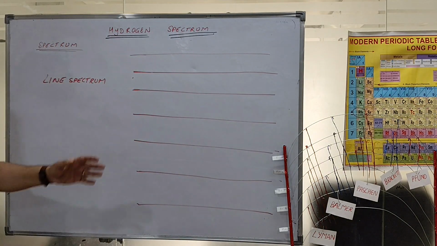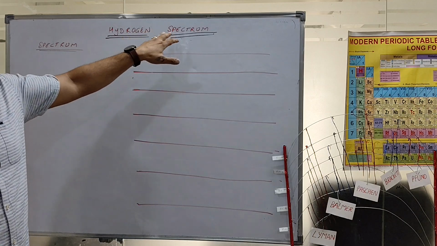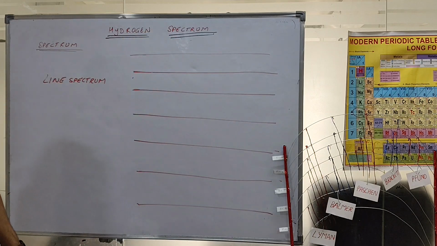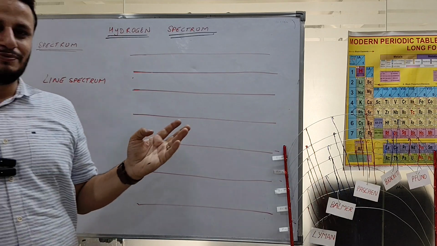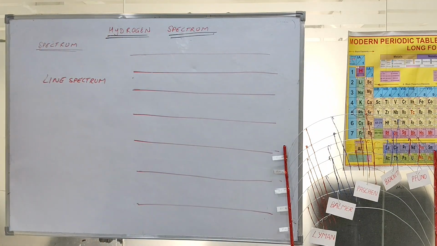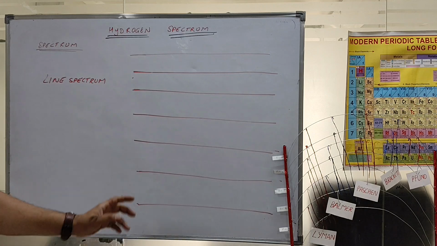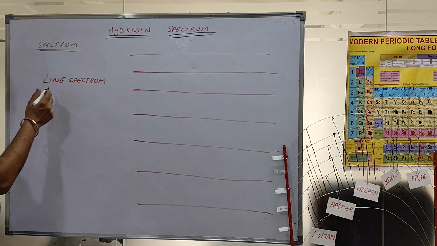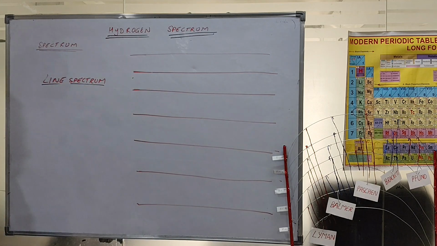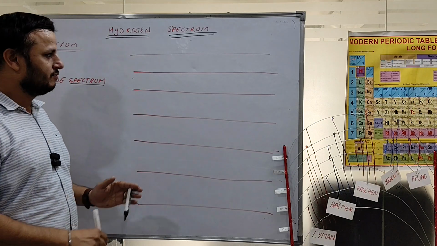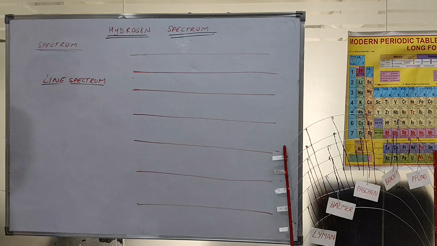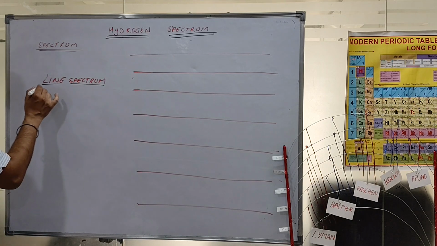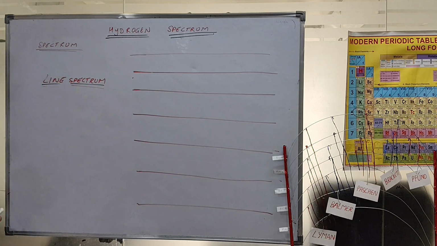And in last class we did hydrogen spectrum. The spectrum is of two types, continuous spectrum and line spectrum. So what is line spectrum and what is the conclusion of this hydrogen spectrum? The line spectrum,